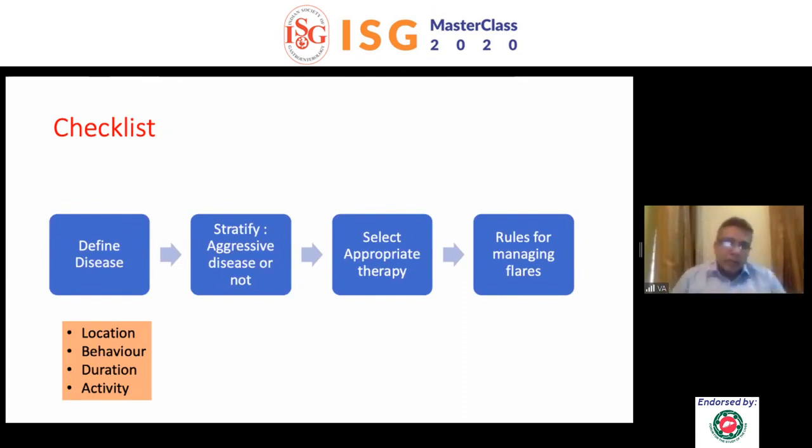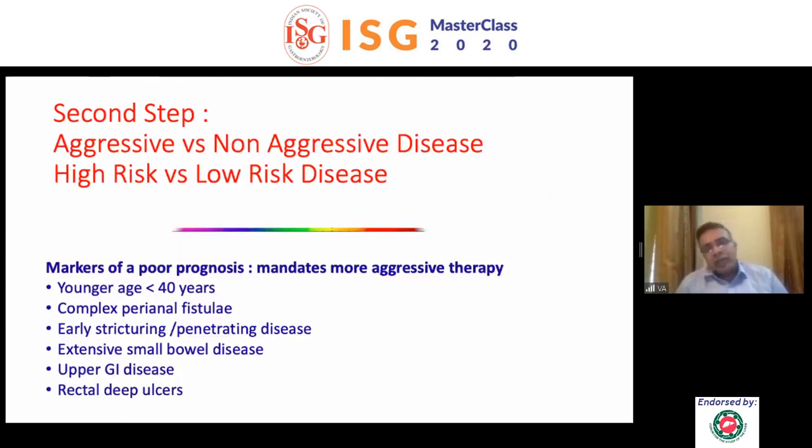Now comes the second important point, to stratify the patient. And this, to my mind, is an extremely important slide. This slide, I would say, represents around 10 to 15 years of work, of at least 50 to 100 papers from different books. Because if you need to treat the disease effectively, if you want to get one step ahead of the disease, if you want to preempt the disease and its complications, you need to be very sure whether the patient you're dealing with is going to have a progressive disease or a non-progressive disease. Does he have an aggressive disease or a non-aggressive disease? Does he have a high risk for progression or a low risk for progression?